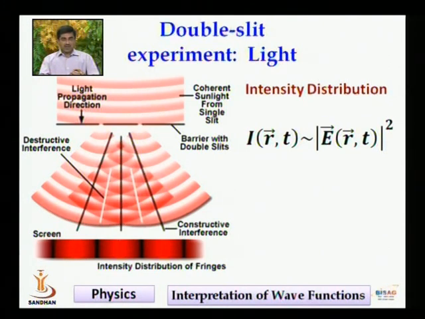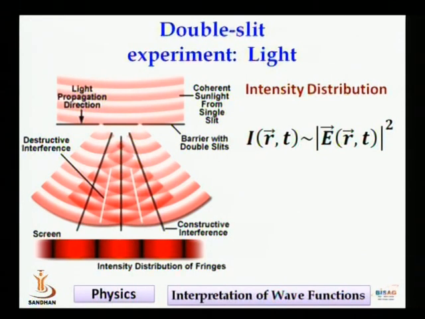So, even if your function E is complex in its own right, the intensity distribution, which is the real physical quantity we observe in the experiment, being observable, is real. That gives us confidence that even if your function psi is a complex quantity,